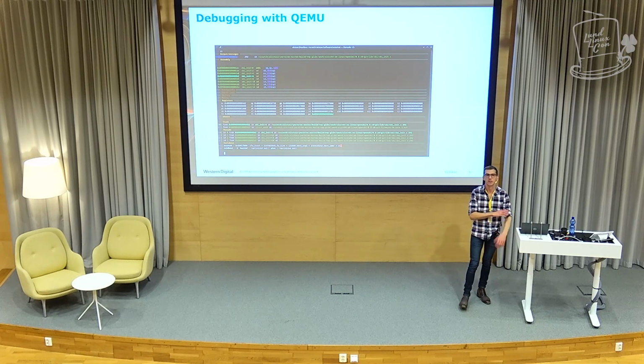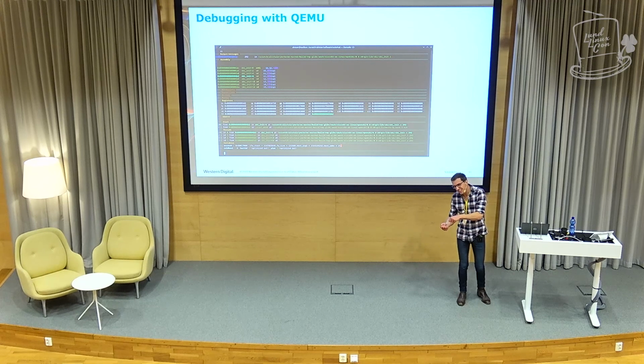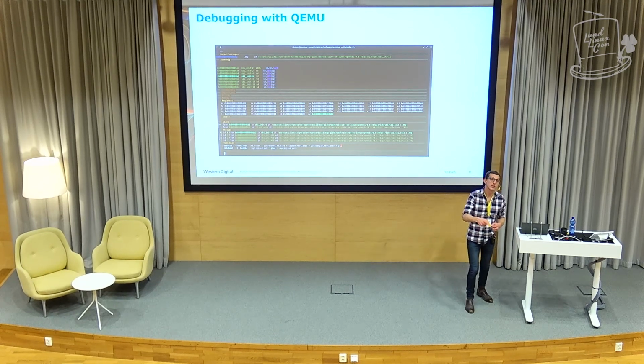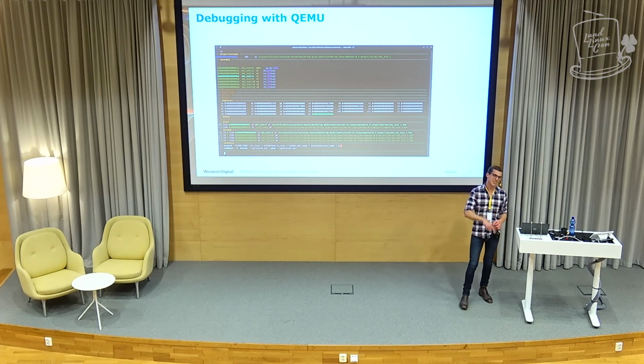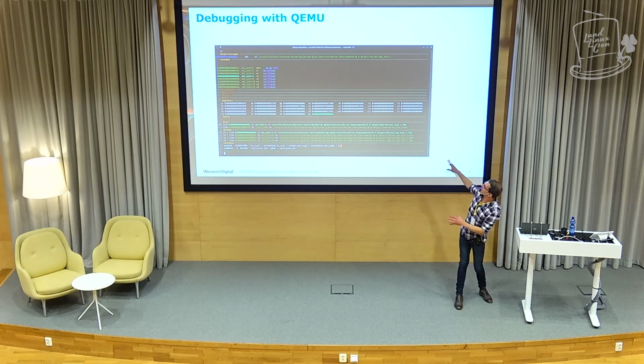And so, you have a board and your board has JTAG, you're thinking you can do the same thing on hardware, right? You can, yeah, but you have to get that special vendor device that costs more than the board and plug it in and then wiggle it just to get the cables to work. And then you try and use it and you realize the driver only works on Windows. So you get your Windows laptop out and plug it in, and then realize the driver only works on Windows XP. And so then you have to go get a Windows XP laptop. And none of that problem with QEMU. It just works, you just connect it, you've got all the information, what else do you need?